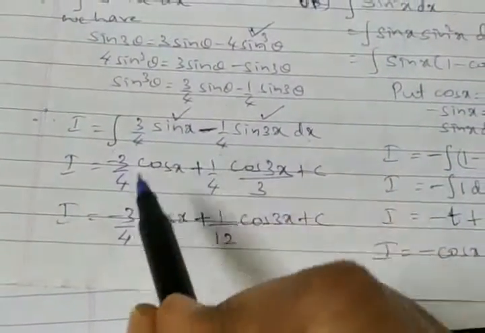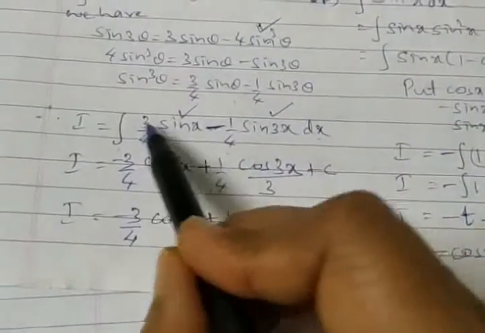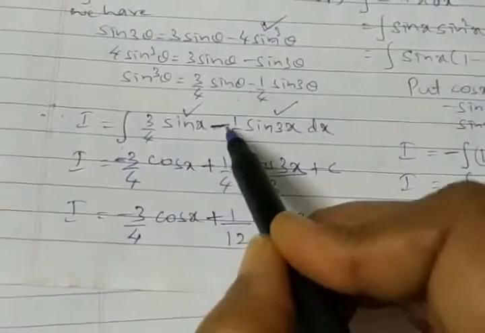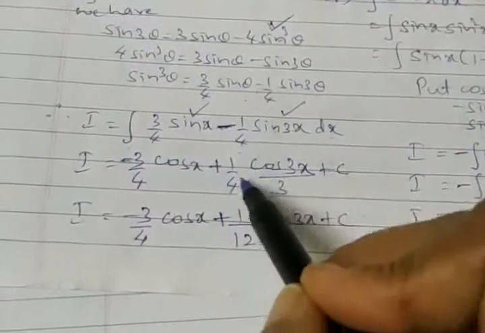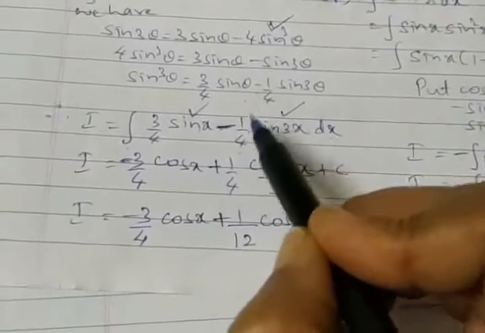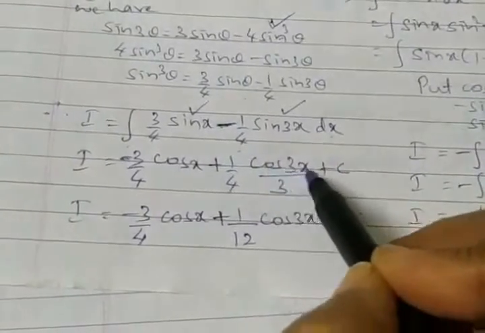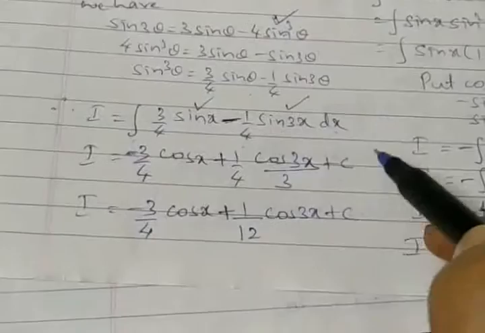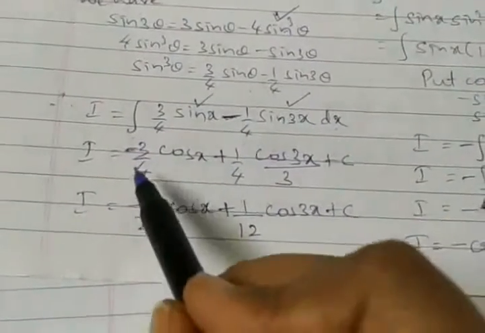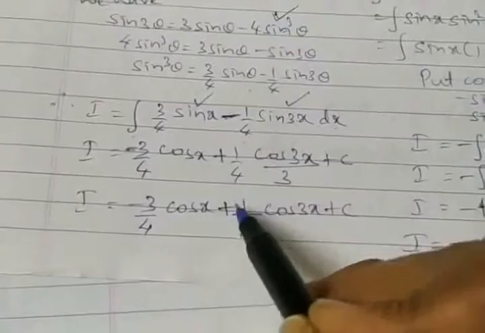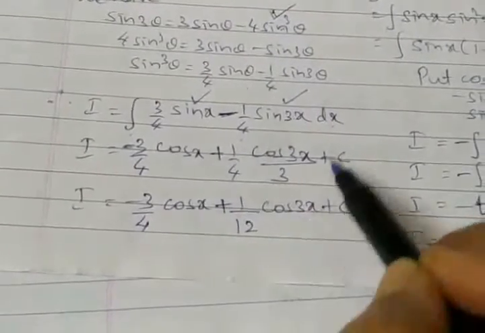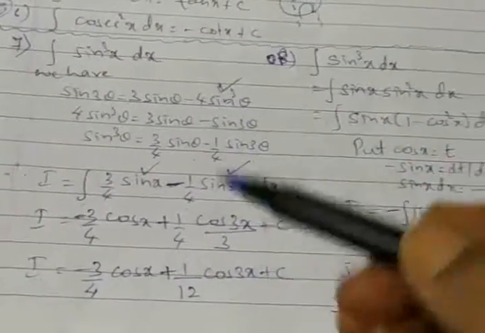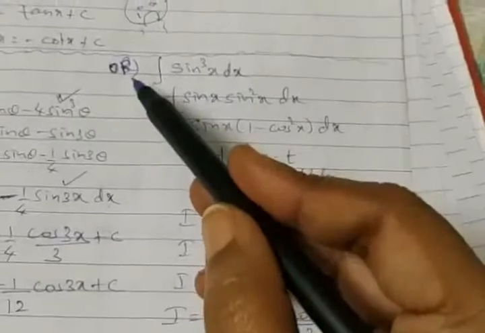So integration is possible. So 3 by 4 here kept as it is, whereas integration of sine x to be taken as minus, I hope you can see this, minus cos x. Minus kept here actually, we have 1 by 4, but integration of sine 3x is another minus, minus into minus plus. We have cos 3x whole divided by the coefficient 3 need to be mentioned, plus c. So integration is completed here. So we are left out with minus 3 by 4 cos x plus 1 by 4 into 3, that is 12, cos 3x plus c should be the answer. It's one method to solve here. Maybe in a few ways you can, or the method I am giving.